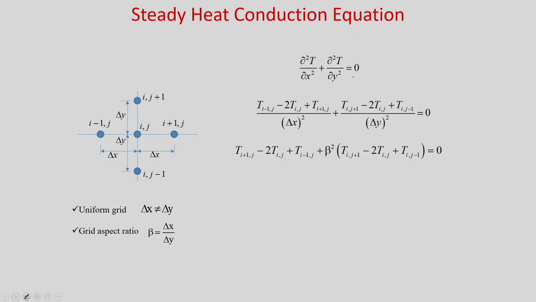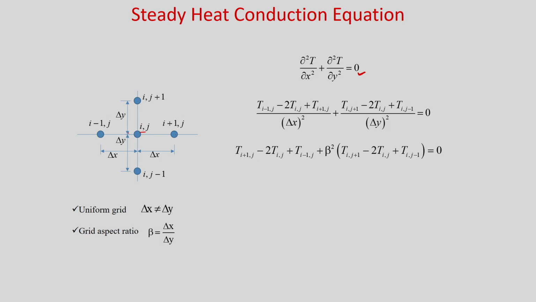Now, we have learned how to use the Taylor series expansion to find the first derivative and second derivative. Now, let us consider the steady state heat conduction equation and discretize it using the finite difference method. So, you can see we have this equation, the 2 dimensional steady state heat conduction equation. These are the discrete points. So, this is known as the grid. So, we will discretize this equation about this point i j. So, you have i plus 1 j, i minus 1 j, these are the indices, and i j plus 1 and i j minus 1. We have a uniform grid, delta x in the x direction and delta y in the y direction.